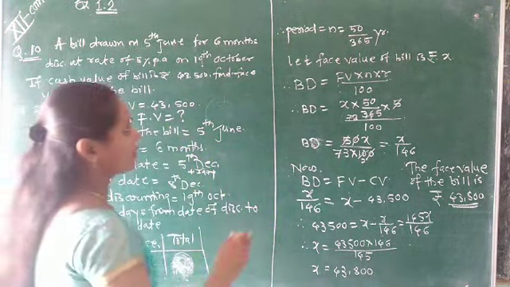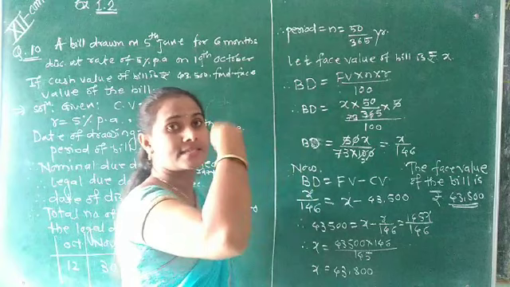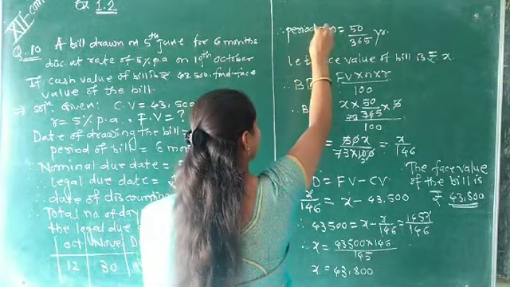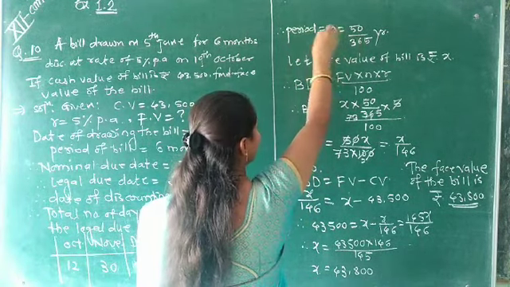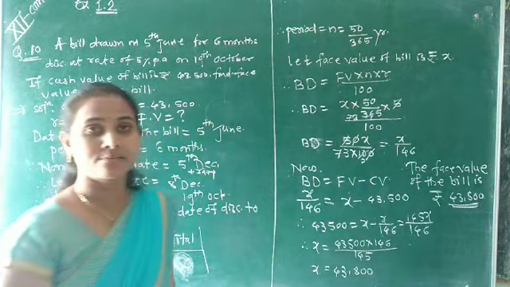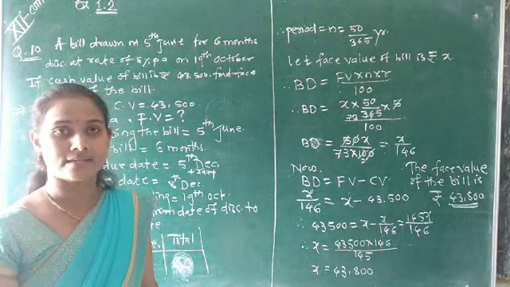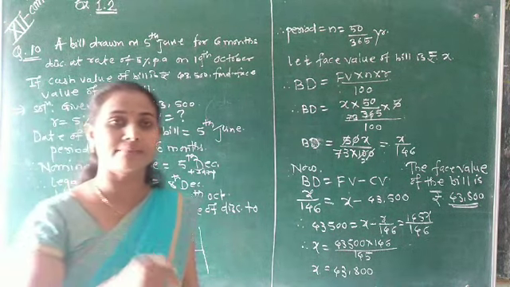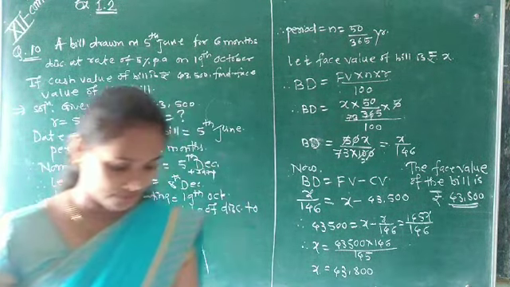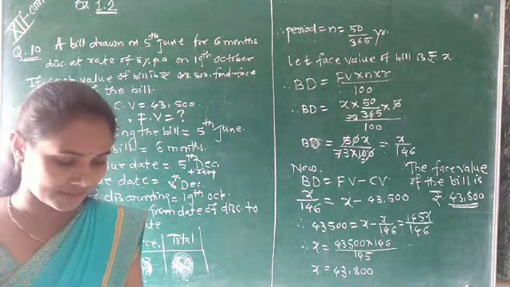given. Hence we first calculate the days, and then if we find the days, we convert them into periods by dividing by 365. And if we get the period in years, and we have to find the days, then multiply it by 365. Now see our next question, that is question number 11.